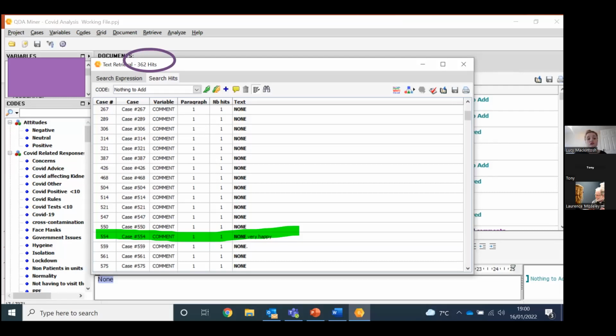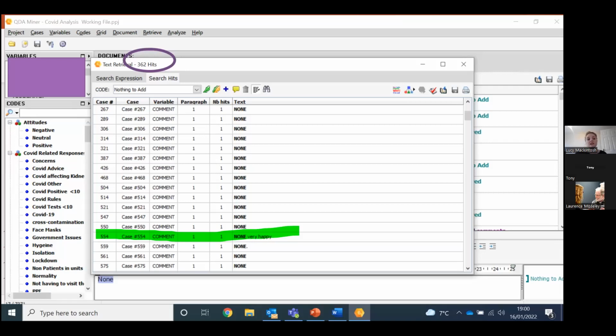A quick scroll through, we can see that some patients put more than none. What this patient highlighted in green put none, very happy. Now, based on why we were coding, that didn't really fit. That person had left a comment. They said they were very happy with their care. So using the bin function, you can remove that from the hits. You can remove that one comment from the hit. It doesn't delete the comment from the data set, but it does delete it from the hits.